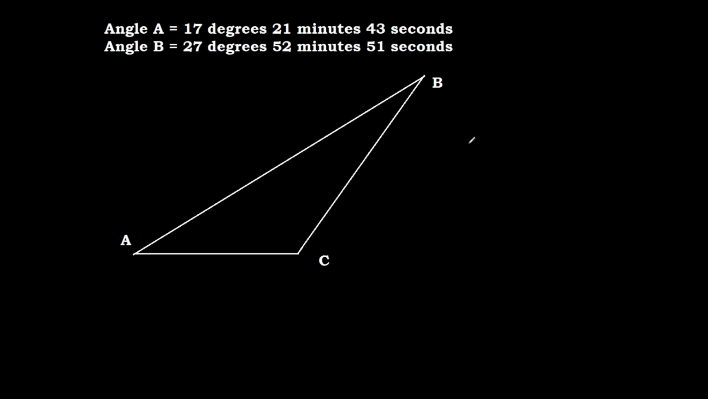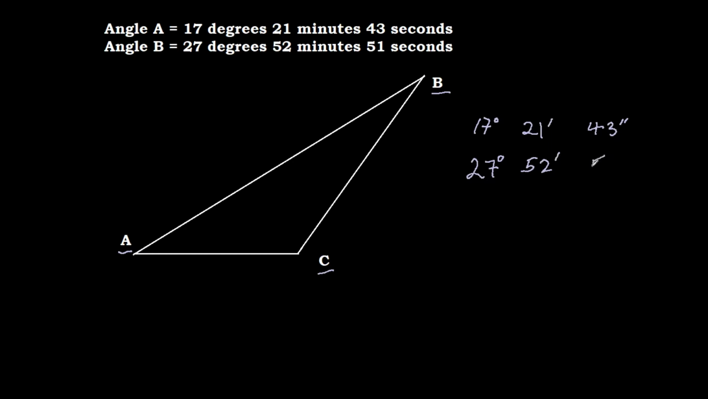Angles in a triangle are similar to supplemental and complementary angles in that if you know two angles, say angle A and angle B, you'll know what angle C is. In this particular question, it tells you that angle A is 17 degrees, 21 minutes, 43 seconds. Angle B is 27 degrees, 52 minutes,